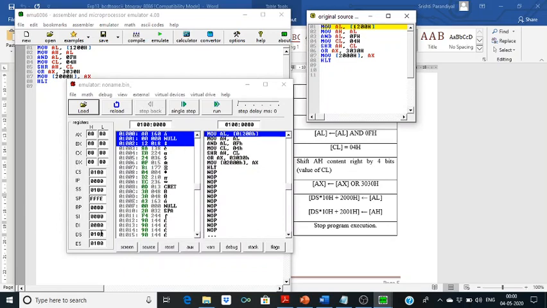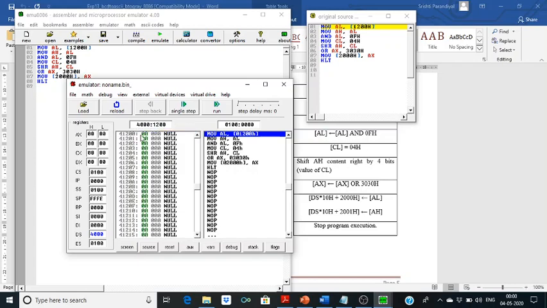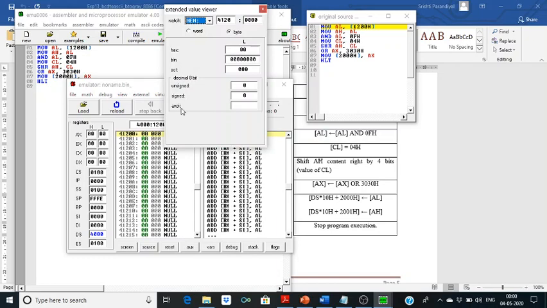So first of all, suppose for DS we have taken 4000. So we will give our input 4000, and this is 1200. So at this place we can give, suppose I have given 25, you can have another data also.